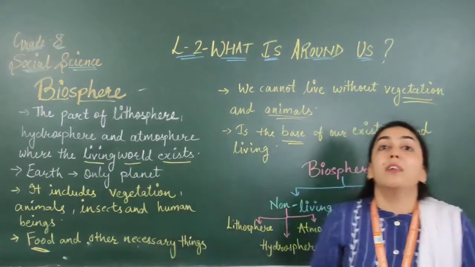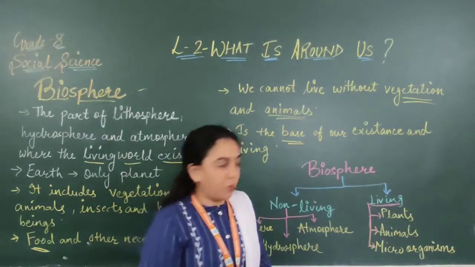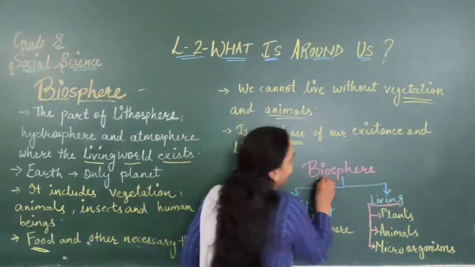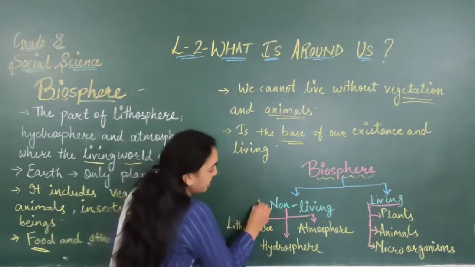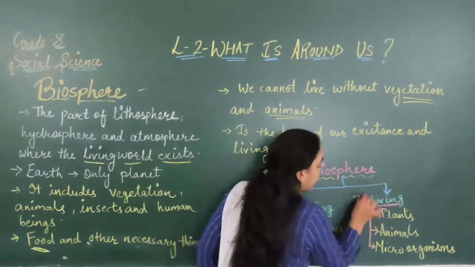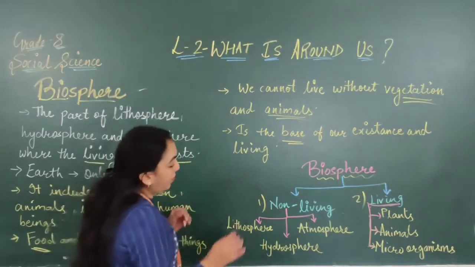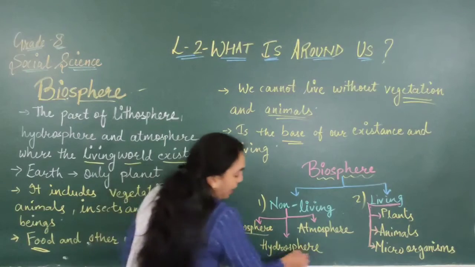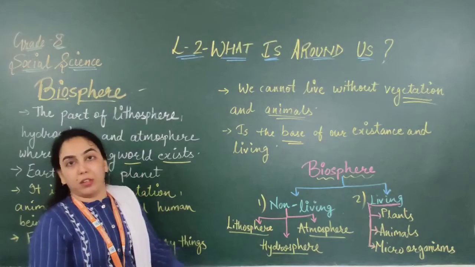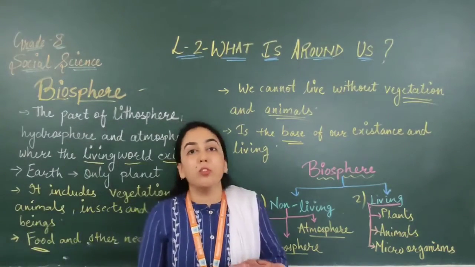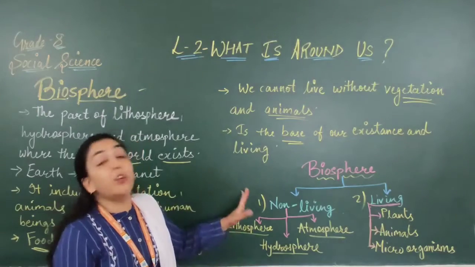Now further, there is one topic regarding biosphere, that what are included in biosphere. Biosphere, we can say that it is divided into 2 parts. First one is non-living and the second is living. I know that you know what are non-living and living. Non-living, first lithosphere, hydrosphere, atmosphere. See, as these things are actually non-living. Lithosphere, land is there, but it is not living. Okay. Air, hydrosphere, water. So these are included in non-living.